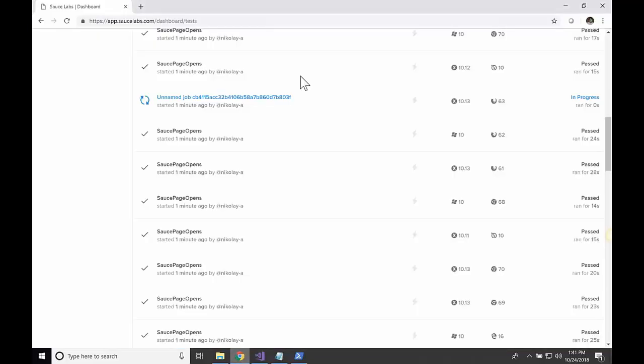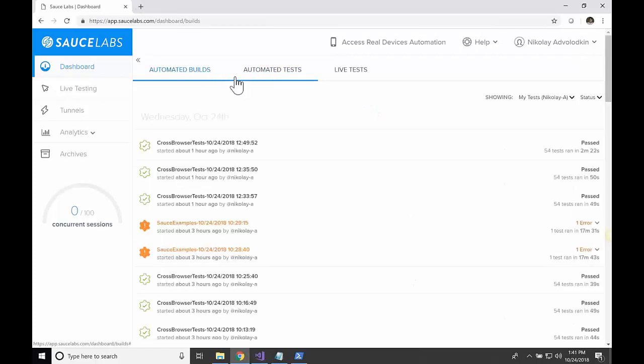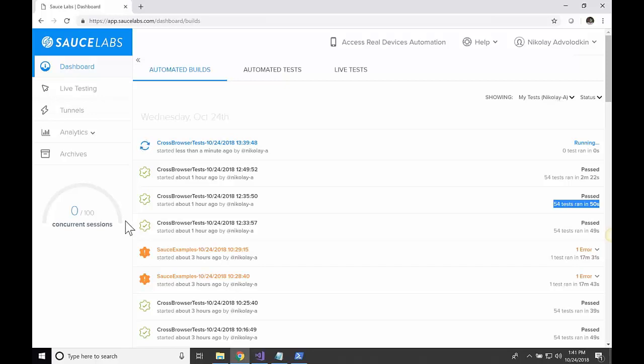And then what's really cool is if we go here to the automated builds and we take a look at the test that I executed, you can see that we executed 54 tests in 2 minutes and 22 seconds, which is a pretty great time for your test automation. I've actually had it run even faster, in 50 seconds, and that's pretty fantastic for 54 tests, right? And if I could have a more powerful virtual machine, I could actually have all 100 tests running at the same time and get them in as fast as 50 seconds.